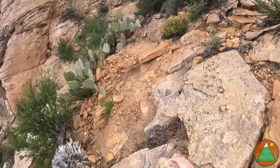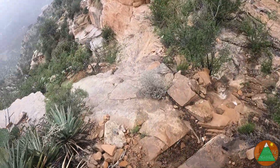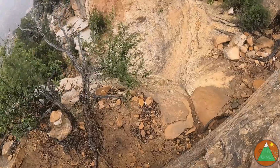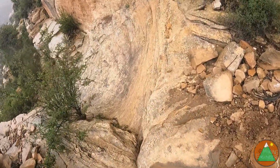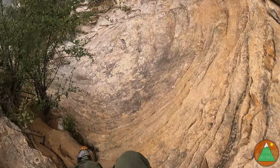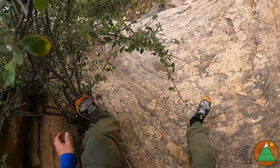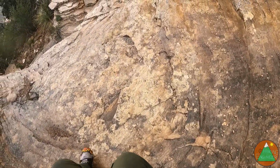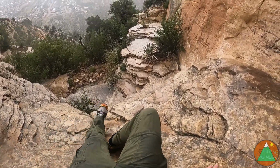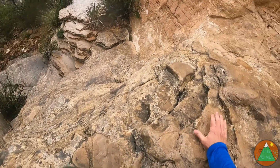All right, we're back to the slick rock crux move, but I think it's gonna be a lot harder now that it's all wet. Yeah, this wet rock isn't ideal. Worst case, I slip down and plummet 10 feet to my death. But I think I'll be okay. Yeah, it's just a slick bowl now. Very slick bowl. And not the easiest thing in the world because there are no